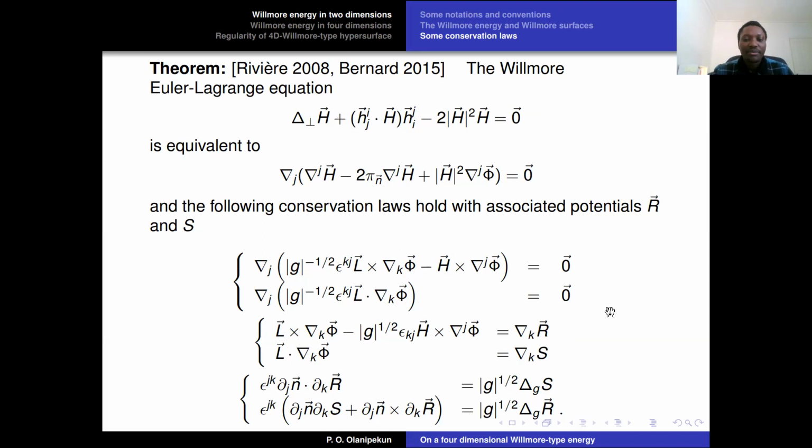And then if you compute carefully this quantity, the derivative of n dot the derivative of R, and then you multiply that with the Levi-Civita symbol, what you have is the Laplace-Beltrami of S. You have this. And there is some structure here. The structure is a Jacobian structure. So you have a Jacobian structure in these two equations. And that's good news, because now you can use the Wente estimate